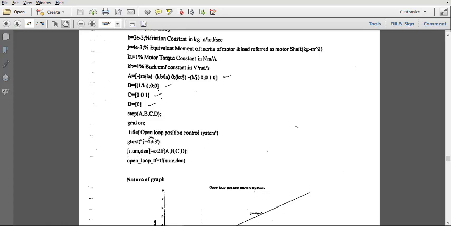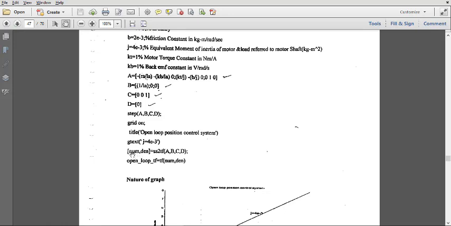Okay. Now the next line, num comma den is equal to ss2tf, and here is the ABCD. What happens is that from the ABCD constants, here you are transferring back to the normal transfer function.